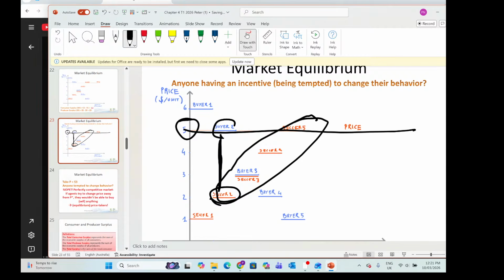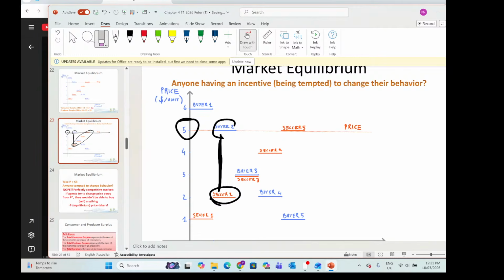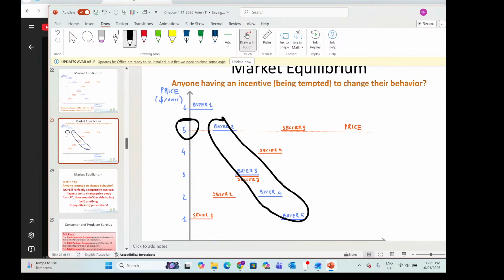The buyers will drop out. Change that again. Excuse me. If the price is 5, then these sellers will drop out. These buyers will drop out of the market. When the price falls, then the sellers drop out a bit, the buyers drop in, and then we arrive at